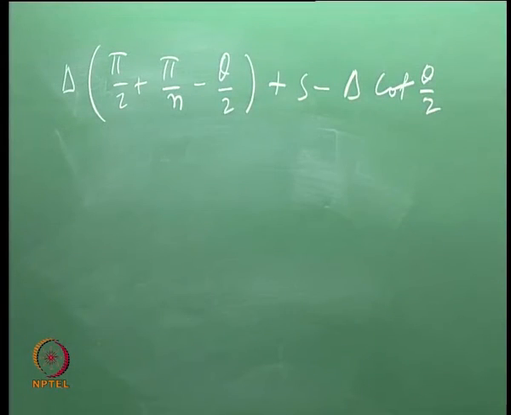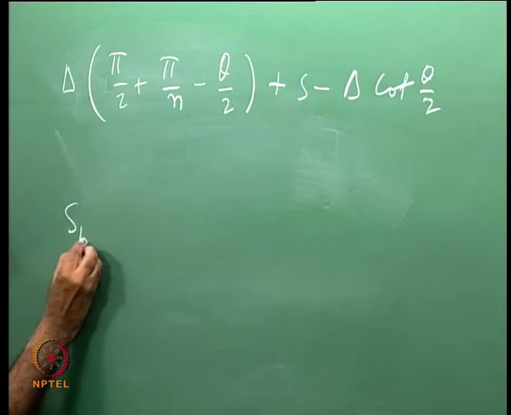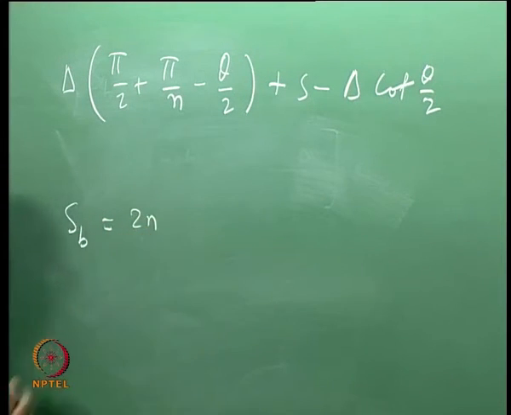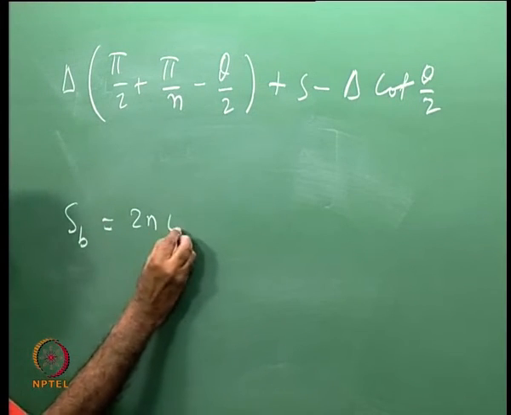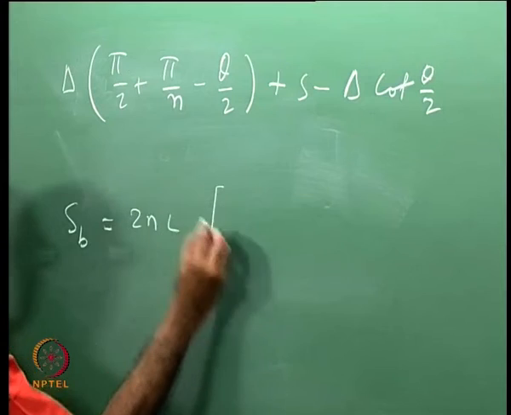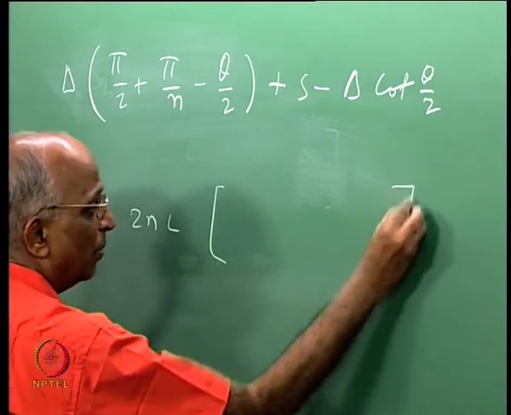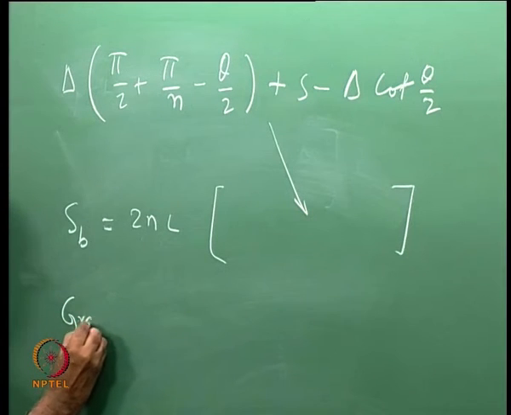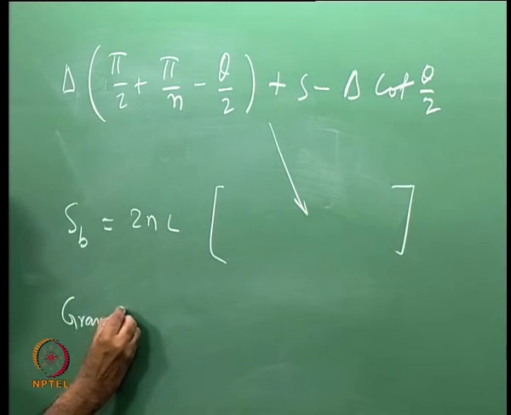Okay. Therefore, what is my new surface area when the grain has receded by delta? SB is equal to 2n, the number of perimeters, into the length, into this particular value, which gives me the new burning surface area, right. Supposing I want to form a grain, a particular star grain, which is, let us say,